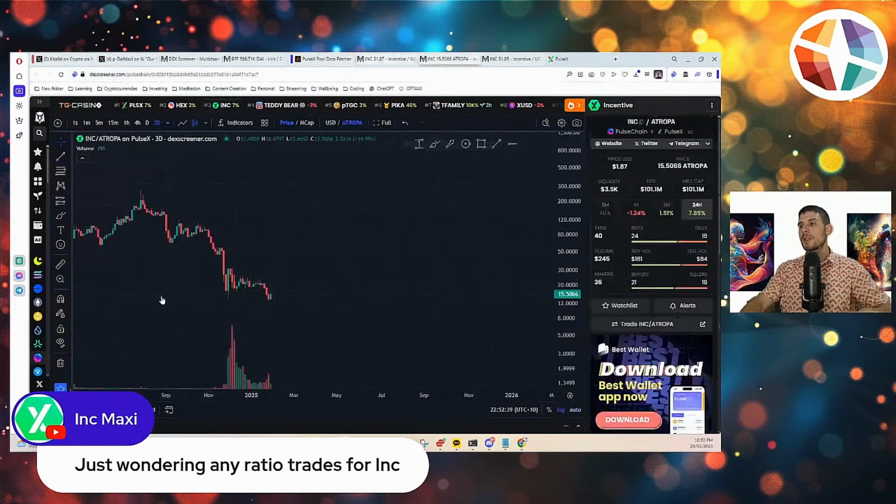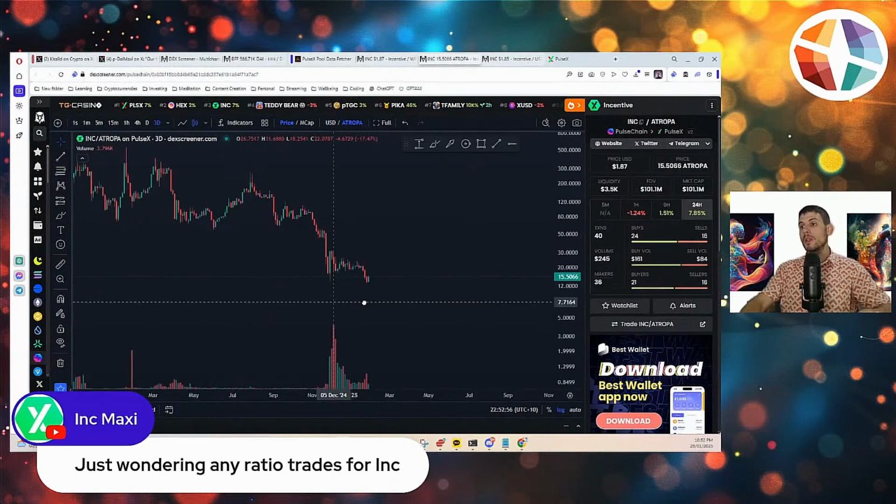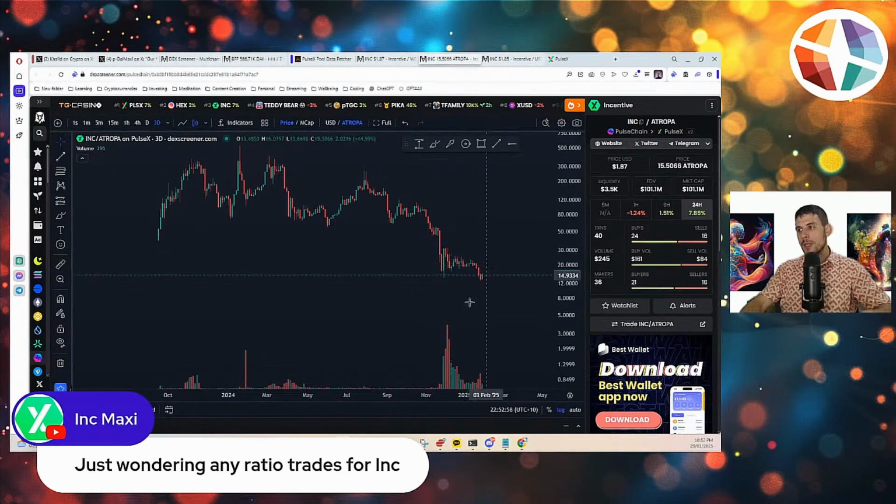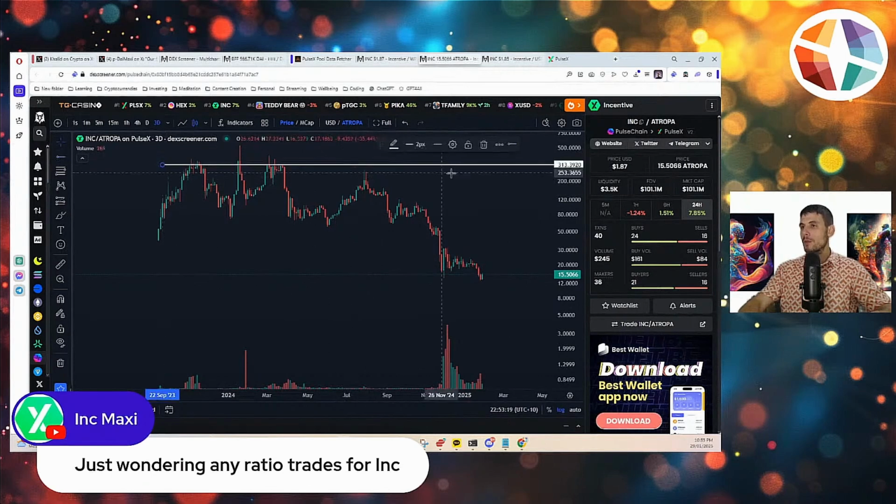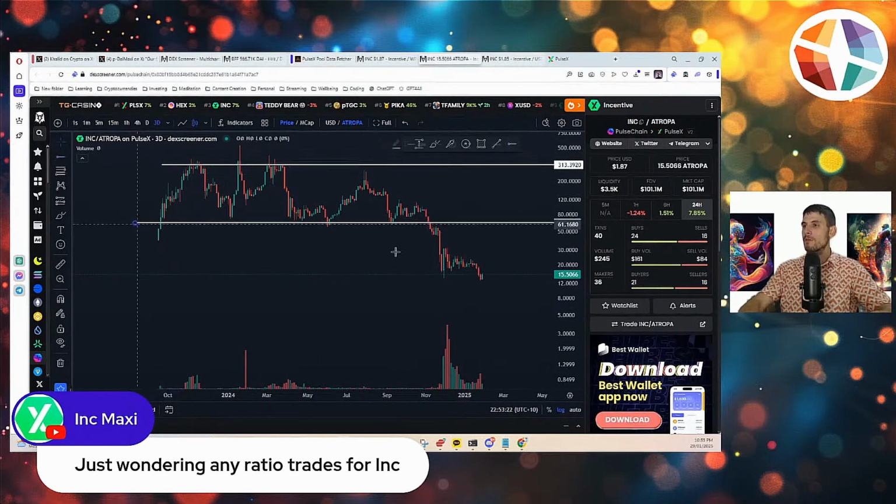The risk in something like this is, what makes it interesting is there seems to be a market maker trying to hold this kind of range here and lock the price of Ink with the price of Atropa at around this area. That's very telling, but it's new. That's the problem. So it could go any which way and you don't know. There's no clear range here. It's fallen out of what could have been considered a range. You could have considered maybe this to be some kind of a range, but it's fallen out of there. But now it's created a new range, which is really interesting.